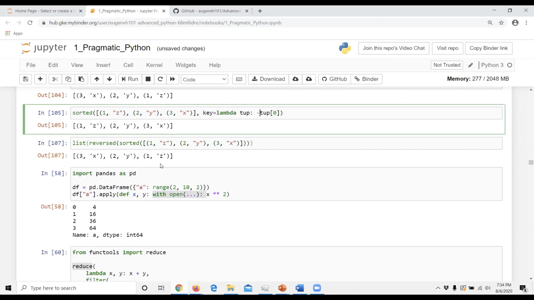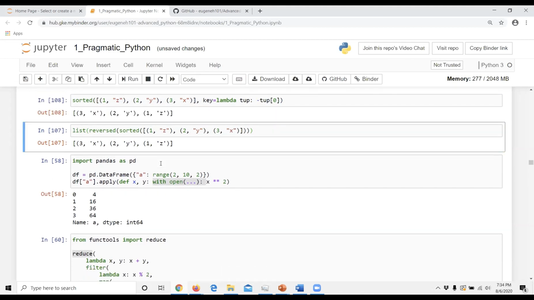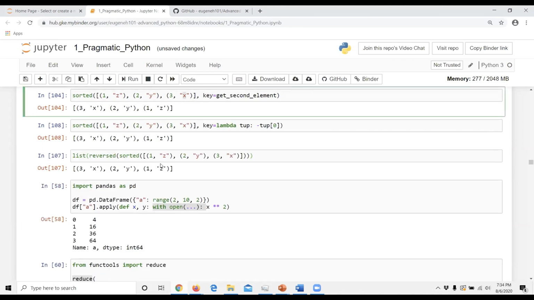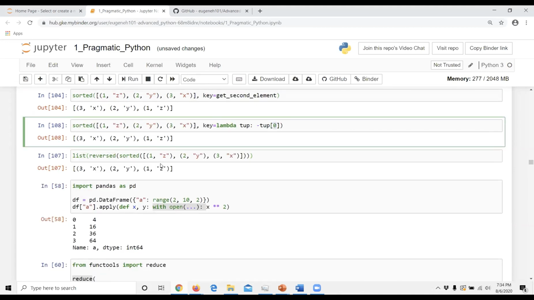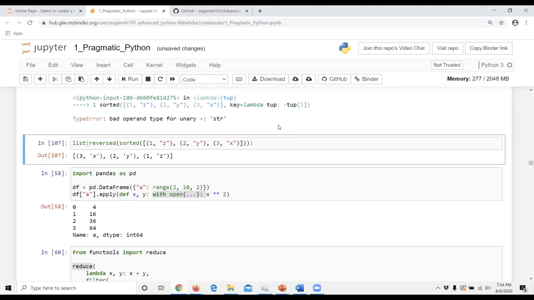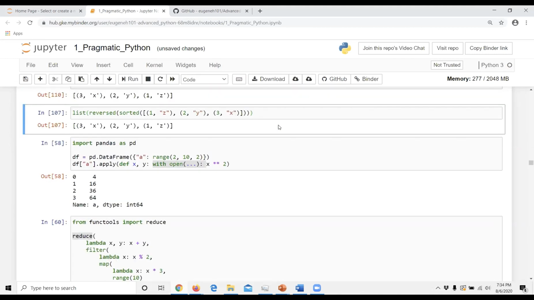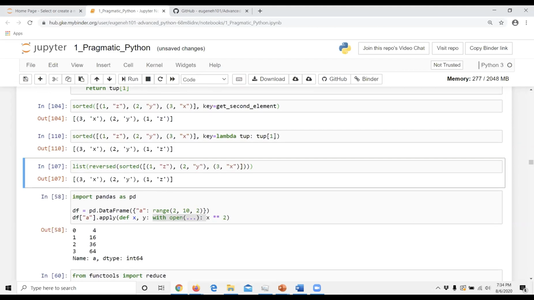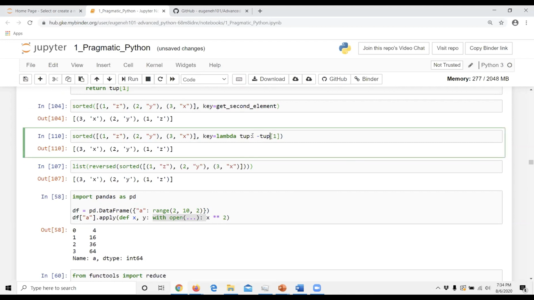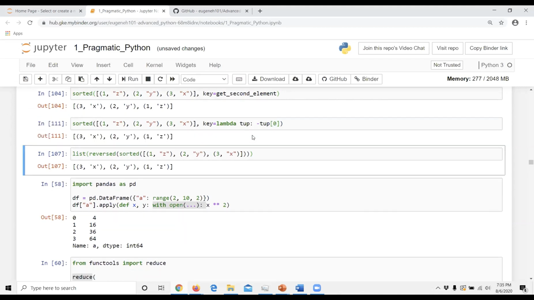You stick a minus sign. There we go. I don't think it works for strings though. If I want to do reverse, like instead of x, y, z, I want z, y, x, this is probably not going to work because you can't do a minus. Yeah, can't do that. But for numerical values, the reverse of the increasing order is that you just take a negative sign, and then 3 becomes -3, 2 becomes -2, and 1 becomes -1. So that's how you can reverse the sort using a minus sign with lambda.